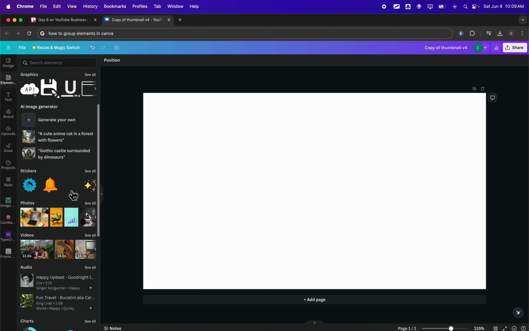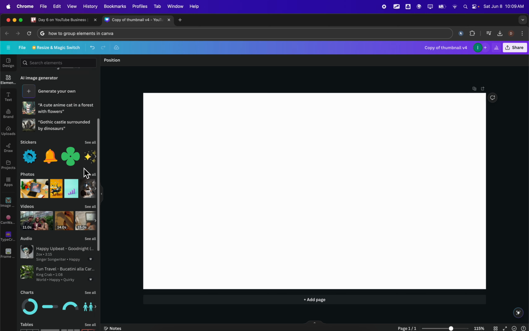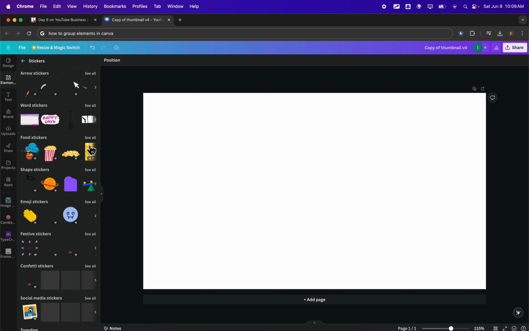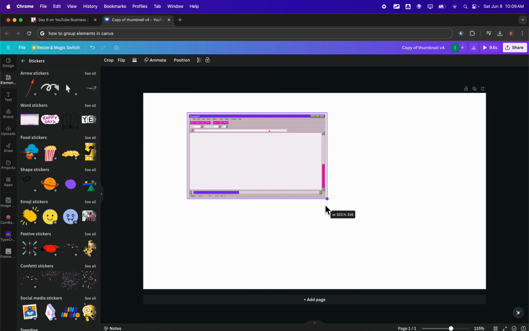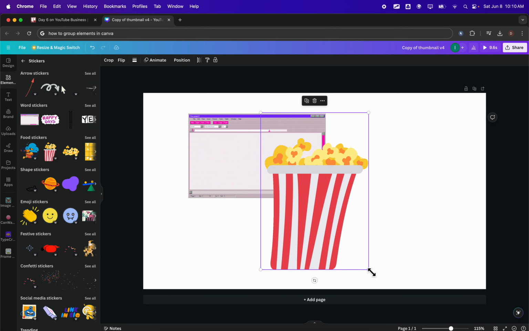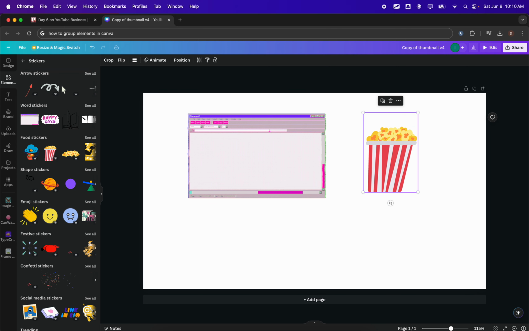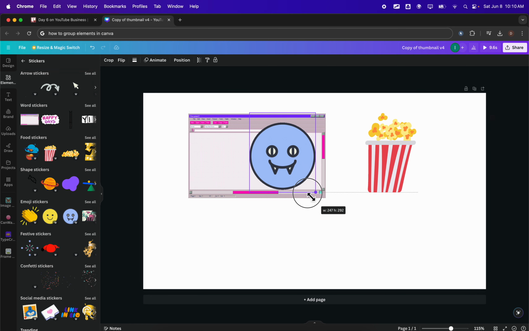So I'm gonna add some, let's go and add some stickers. So what you're gonna have to do is simply click to add them to your design. So I'm gonna add multiple stickers for this tutorial, and then what you're gonna have to do in order to